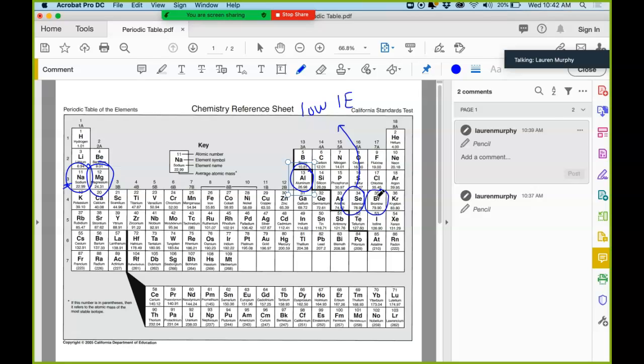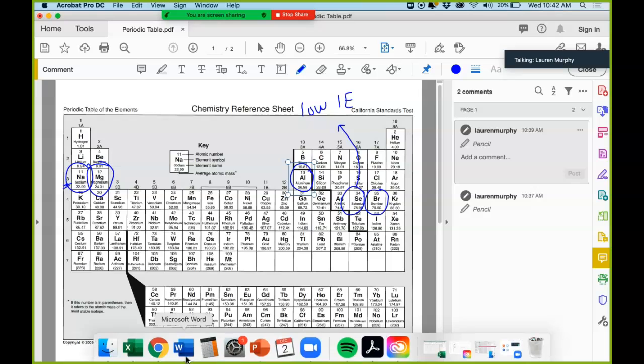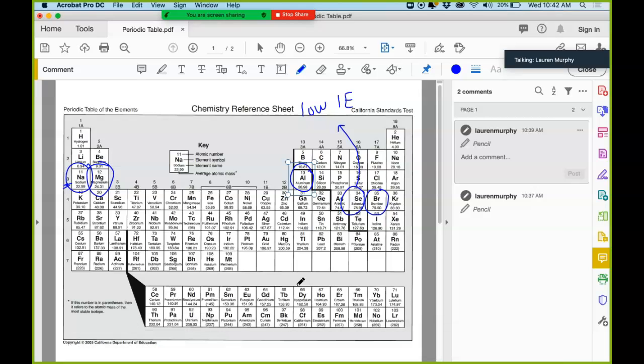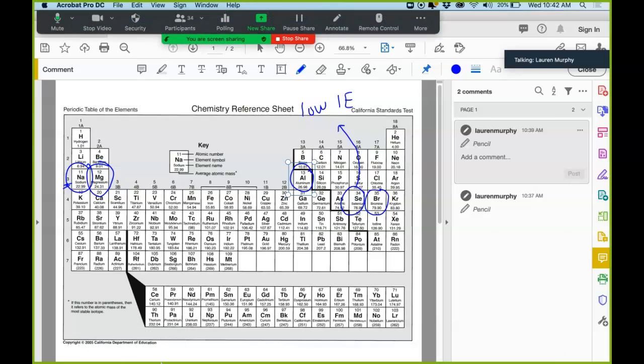You need all of that in some sort of words. It can be rearranged and such, but you need all of that explanation to get full credit. You can't just be like, oh, it's bigger, so it's easier to remove. You've got to explain why it's bigger, what that has to do with ionization energy, and so forth. So having said that, I would like you to see if you can do the second part